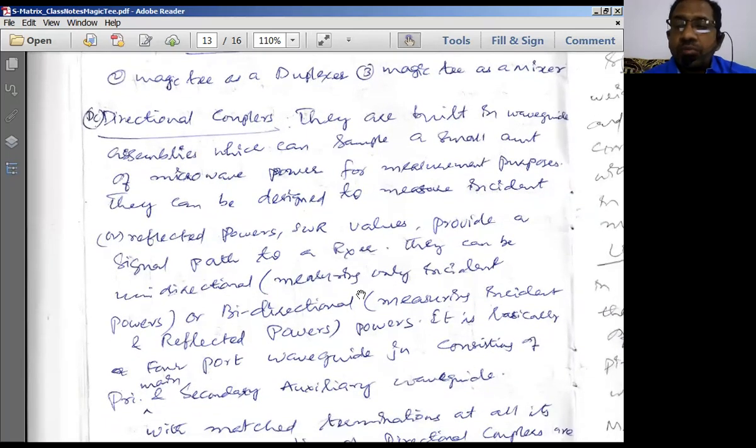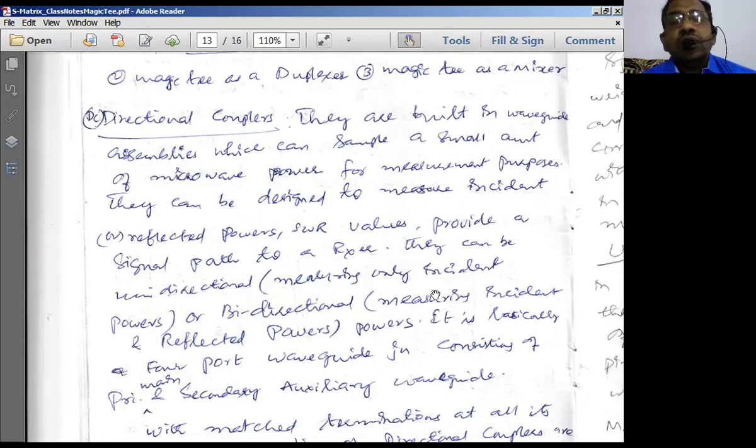Now there is one more microwave component known as a directional coupler. It is normally used to couple the input signal to the output signal, where the losses are less. Why do we use these microwave components? Just to reduce the amount of losses driven to the load circuit. So one among them is the directional coupler.